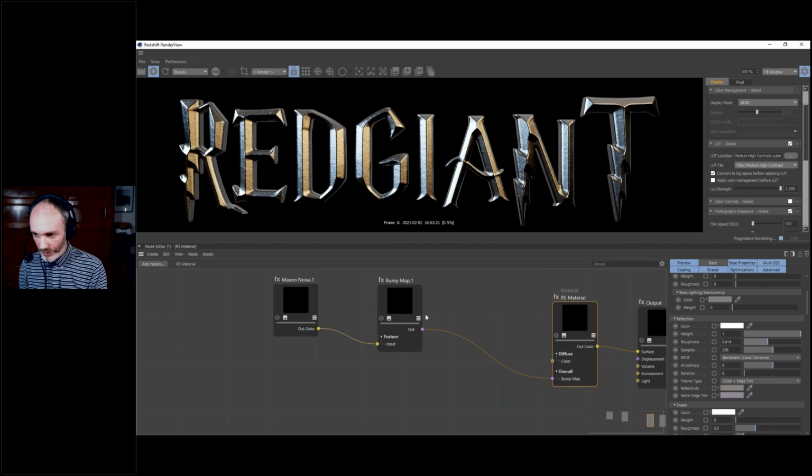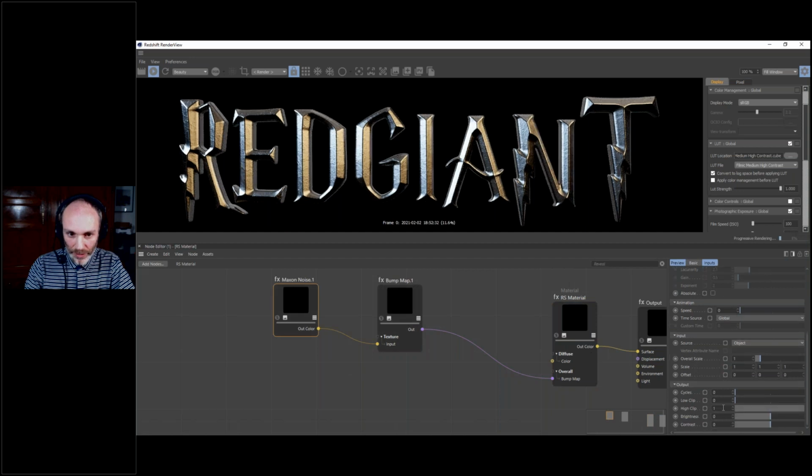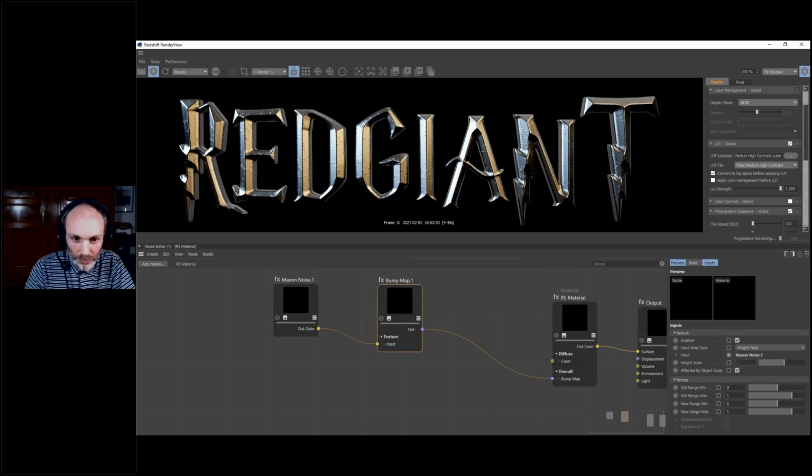So I won't go further because I don't have the time anymore. But here on your Maxon noise, the thing I could do very quickly, I could work here with the low clip or high clip to just limit our noise. You can see it now appears only on certain areas. I could decrease it to just have some specks here. And now with our bump maps, I could just go to a negative value like 0.1, and it looks like dents. So you see it's very nice details we couldn't really have with displacement